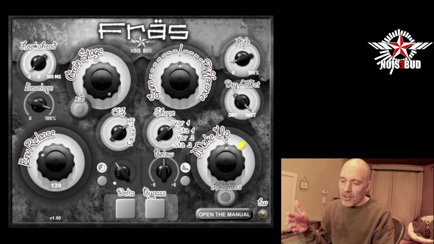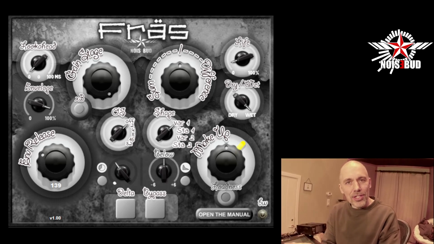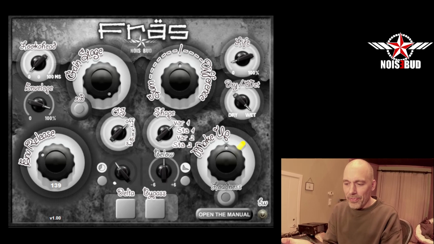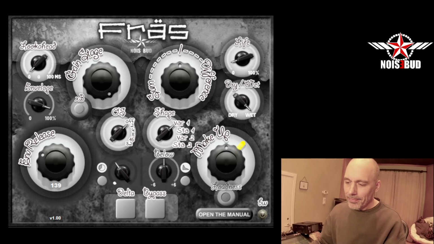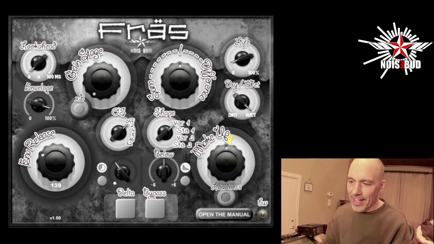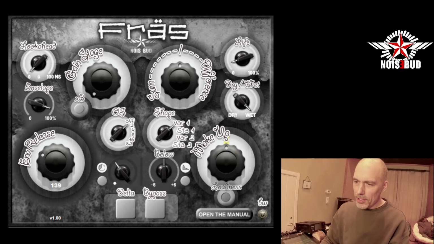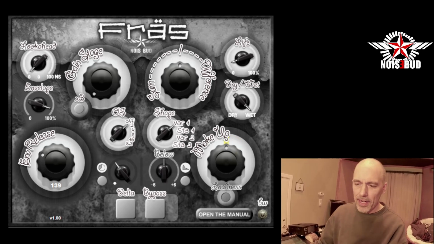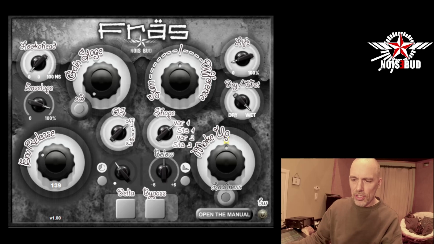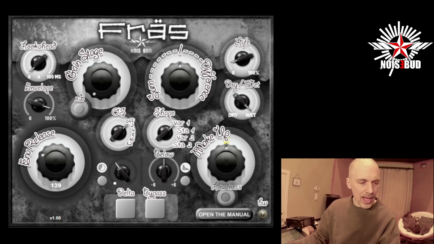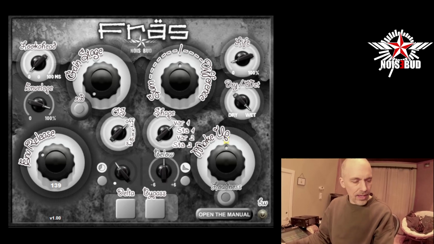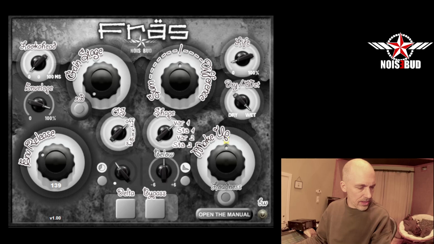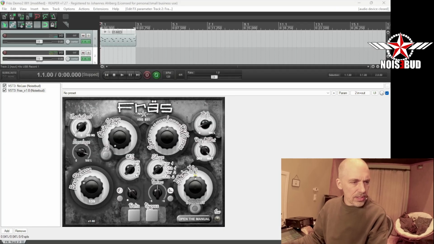And that would make a really cool saturation plugin. And this is it. This is a really cool saturation plugin. It works really well. Let's start to listen to how it adds aliasing,